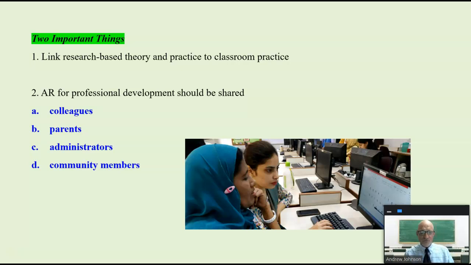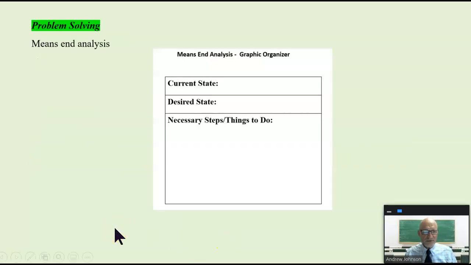Now, action research for professional development should be shared with colleagues and parents and administrators or community members, any one of these. This serves to heighten the sense of professionalism at the same time and gets these ideas into other classrooms. Sharing can take a variety of forms here.